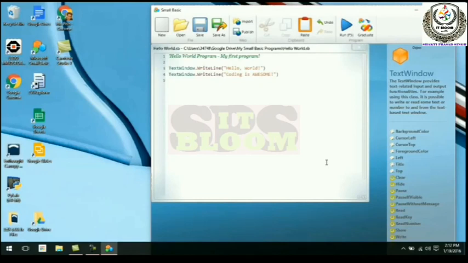This one is the first program as an introduction for those who have never used Small Basic. In this one you have learned the comments and the text.